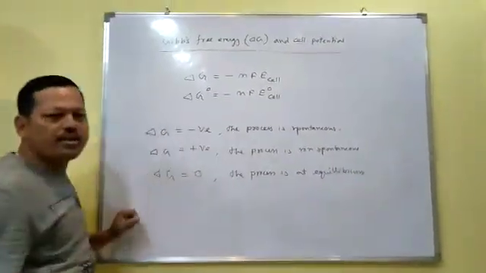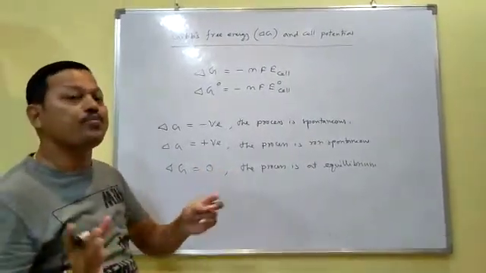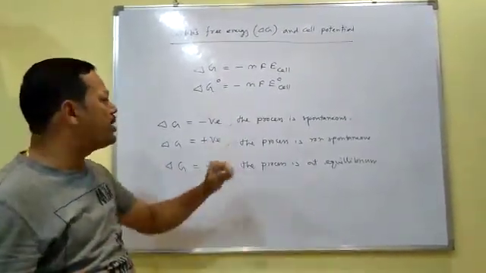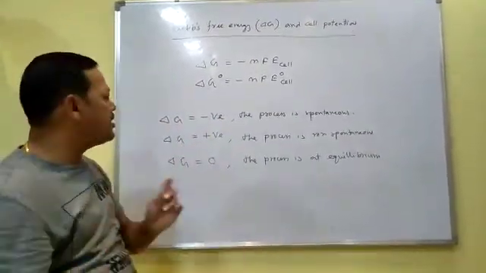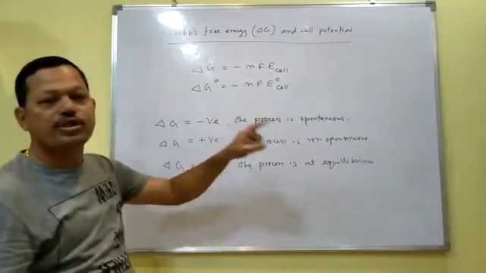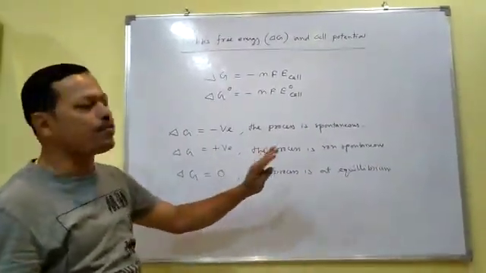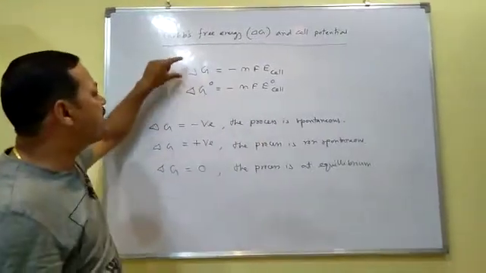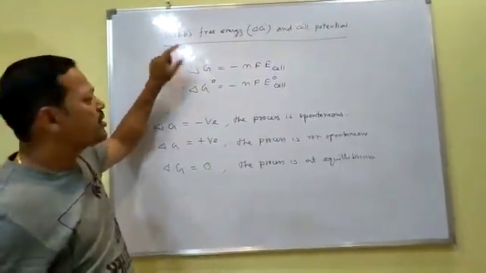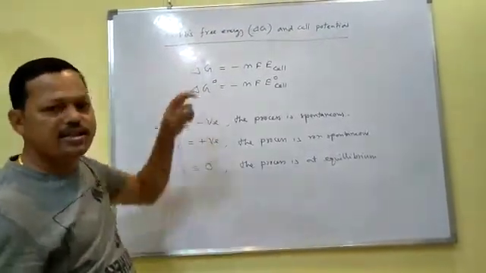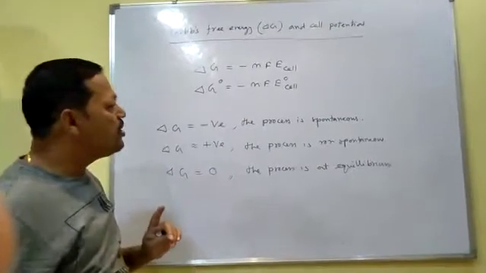So in some questions, you have to find out delta G, and after finding it, the question will ask whether the process is spontaneous or not. To find that out, if the value you get is negative, the process is spontaneous. If the value is positive, the process will be non-spontaneous. And if you get delta G value 0, the process is at equilibrium. So this is the relation between the cell potential and the Gibbs free energy. Some numericals you will get from this relation. You should know the relation, and by applying it you can do the numericals.